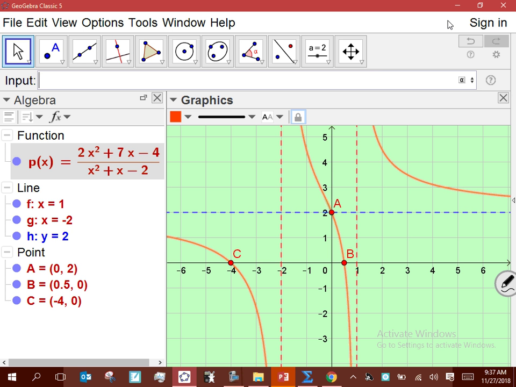Benny? Which one? The one with A and B on it? This one here? This one? Here? Okay,